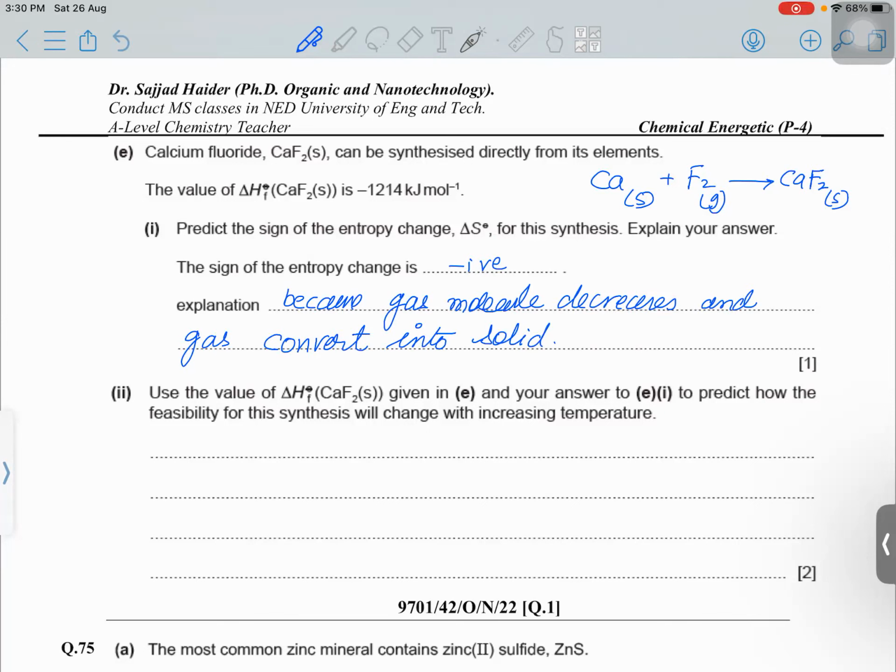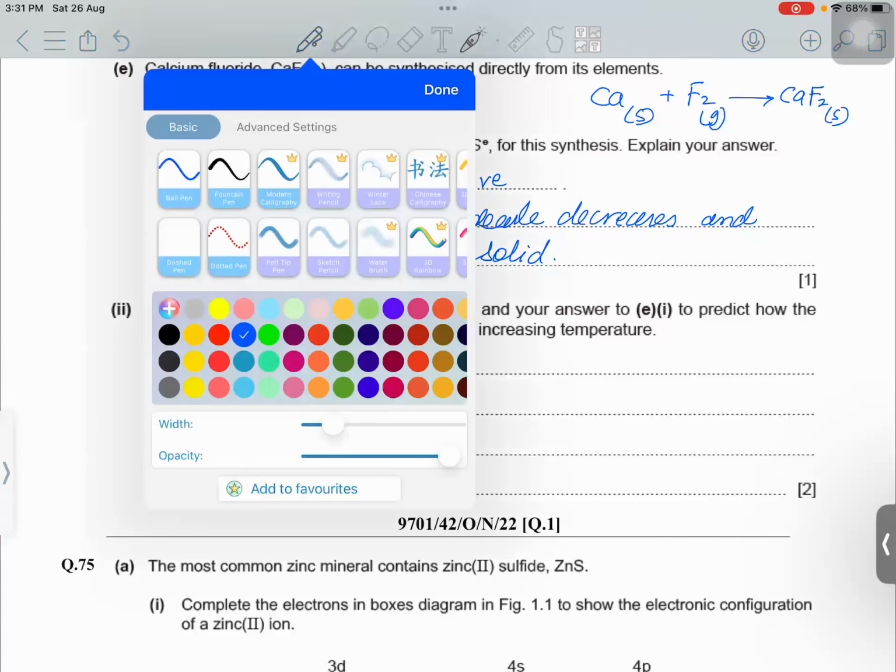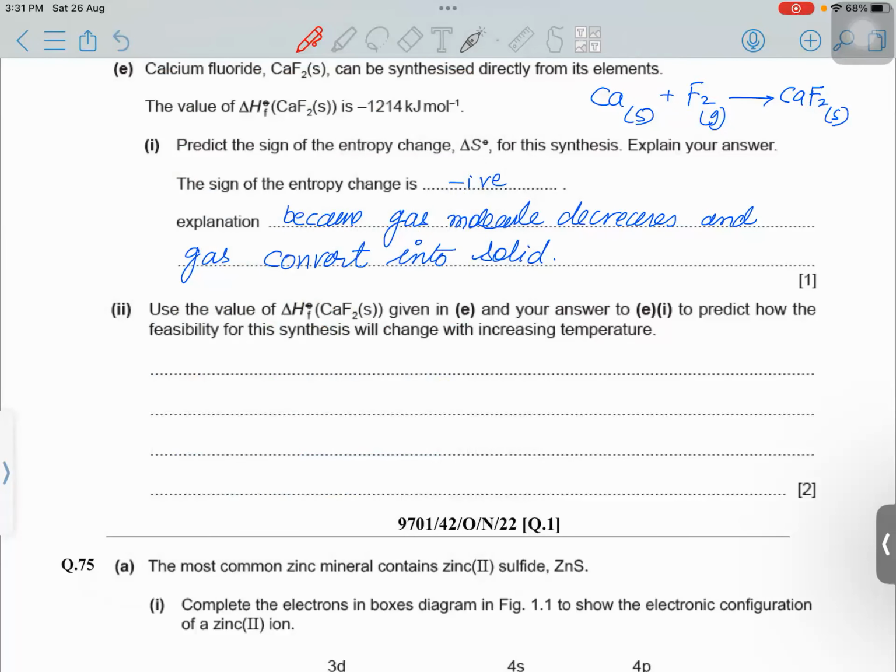Now second part, use the value of delta Hf given in E and your answer to E1, to predict how the feasibility of this reaction, of this synthesis, will change with increasing temperature. So feasibility,